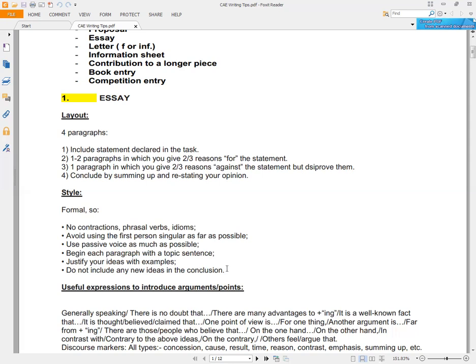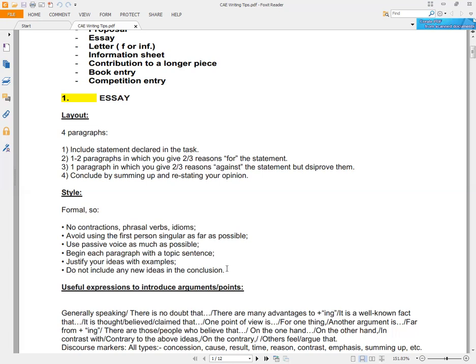The next point, you must differentiate between the style of formal and informal letters. Here, the style of the formal essay. For example, you must have no contractions, phrasal verbs or idioms. Contractions, for example, when you write I am, I cannot write it I'm, I apostrophe m. It must be without any contraction, so I am, not I'm, I have, not I've, she has, not she's, and so on. Phrasal verbs, for an example,